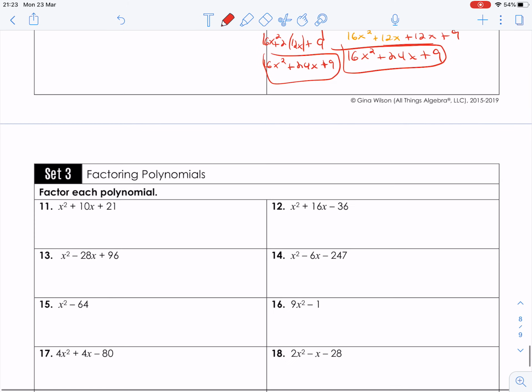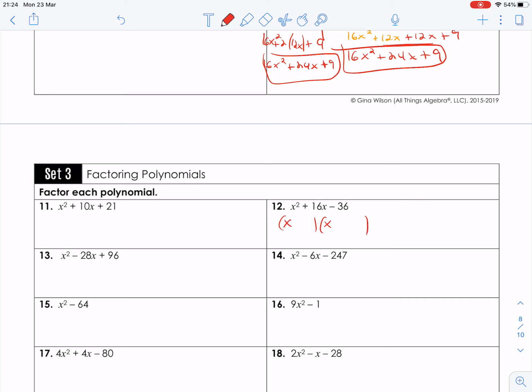All right. Now we're going the opposite direction. You might remember this. We are trying to break this up into multiplication so we can solve for x later. You probably have used these when you're finding zeros using the quadratic equation or something like that. So this is how you do it. If we don't have a number here, a lot of times it's quite easy. So we're looking for